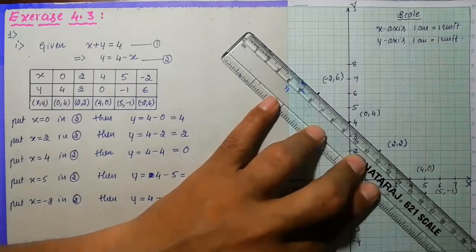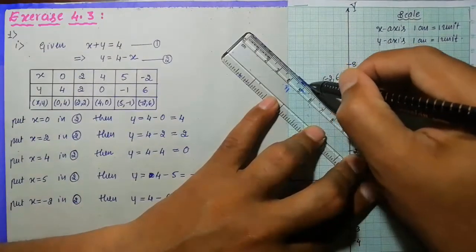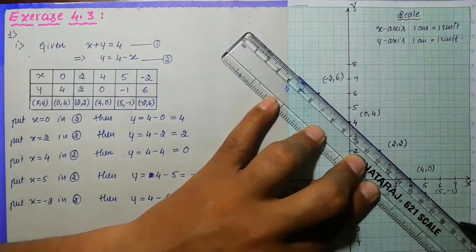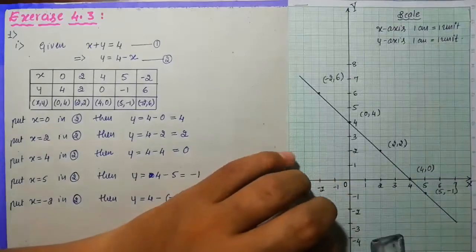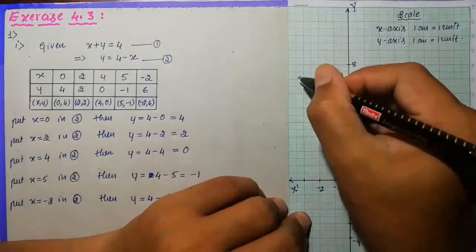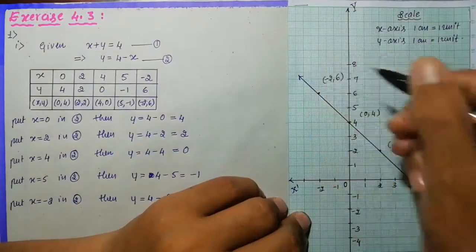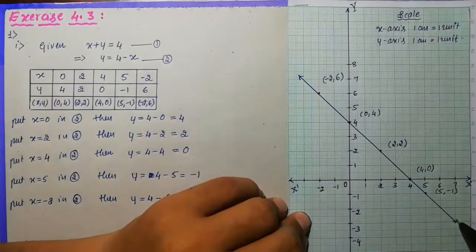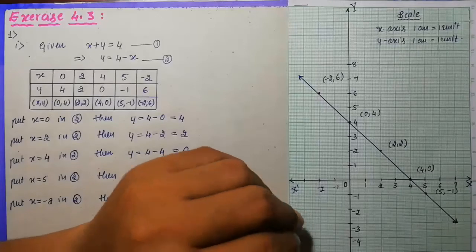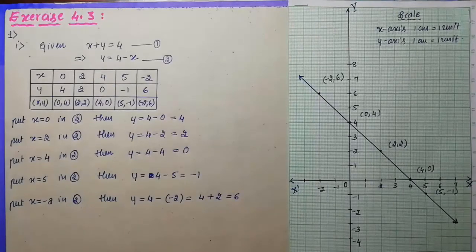Okay, so now look at here, all the points lie on a single straight line, and I'm going to join all these points. Now look at here, it is definitely a straight line, and put arrow marks at the end. It's compulsory, because if you don't draw the arrow marks, it will become a line segment. So it is actually a straight line, which means there must be arrow marks at the end, and this is actually the graph of 1.